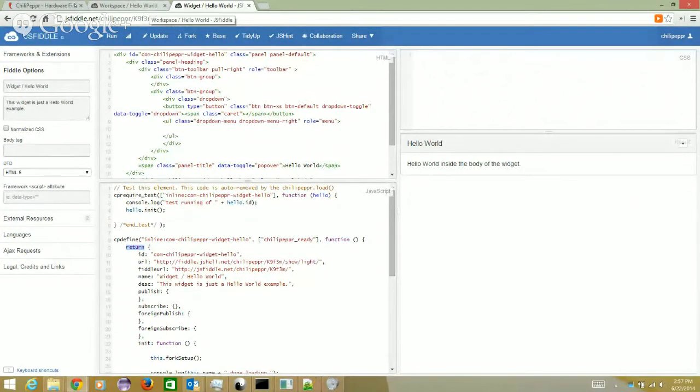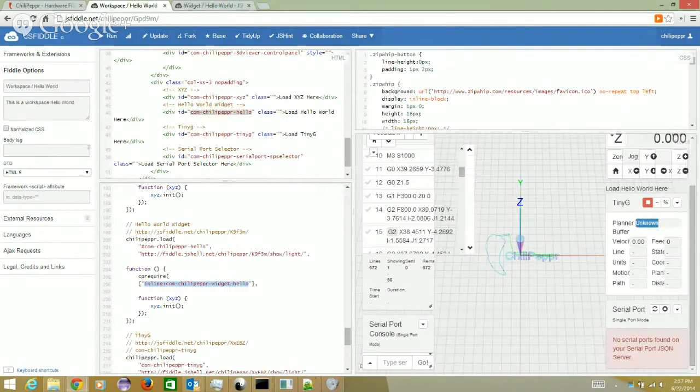So it's very important. That, by the way, is the same thing that's happening in the CP require test method, it's getting access to this definition, putting it into a variable called hello, and then you can run hello.init. I need to do the same thing here. So I've got hello, and then it's going to pass it into a variable called hello here, and then I need to init it. I'll show you what happens when I don't init it, but I'm going to go ahead and hit